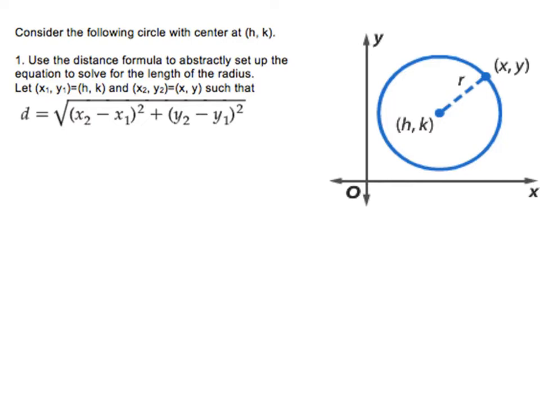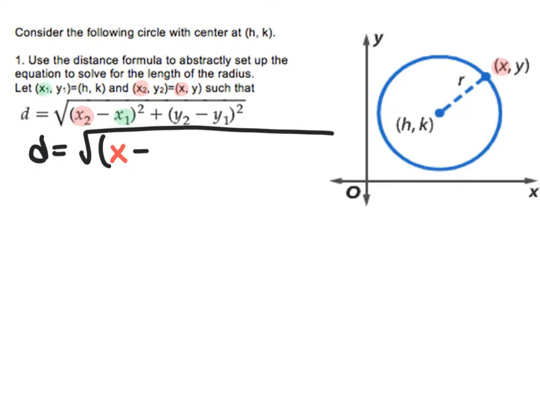Let x1, y1 be h, k, and x2, y2 be x, y. So if I substitute into the distance formula, we have the distance equals... First, I'm filling in the value of x2, which from what's given is our value of x. So I can fill in x minus the value of x1, which from the given is h, or the x coordinate at the center. So x minus h,